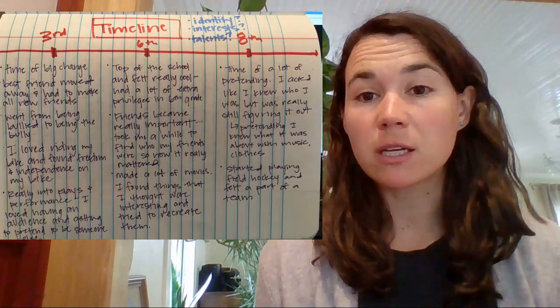So, writers, this is my collection phase. And for each of those 3 points in my life that I chose, I went back and I thought about what are my interests, my talent, and what aspects of my identity really stood out to me. From there, I started my entry.